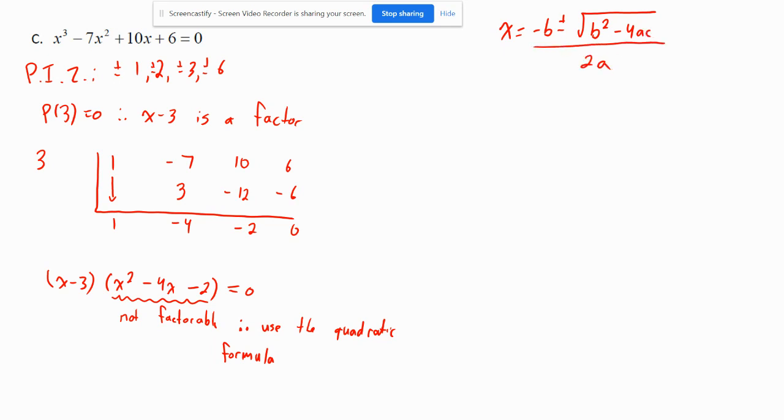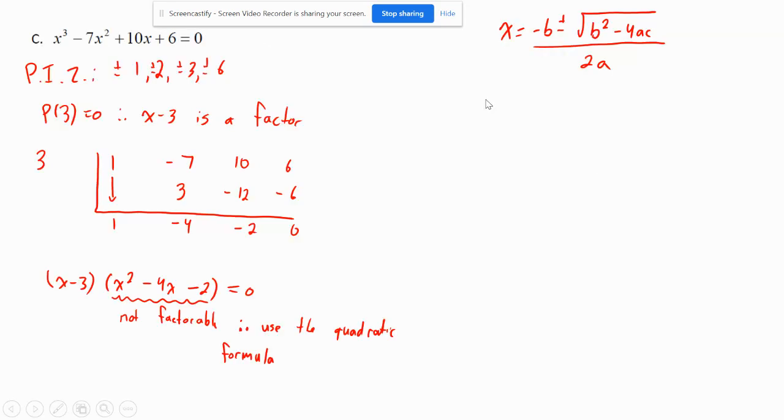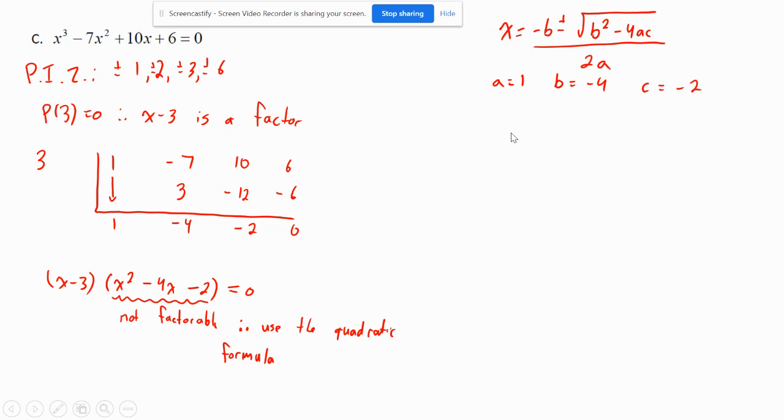All right, so here's our quadratic formula. So based off this, our a equals 1, b equals -4, and c equals -2. Okay, so x equals